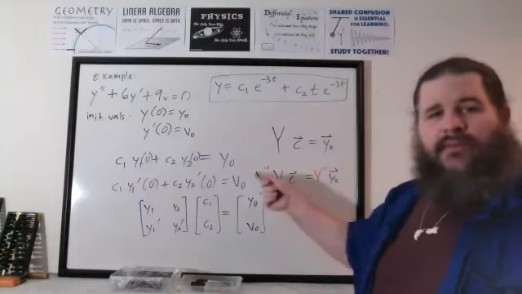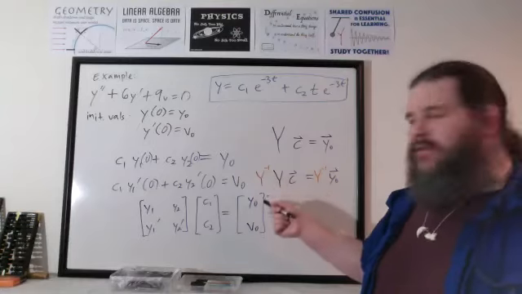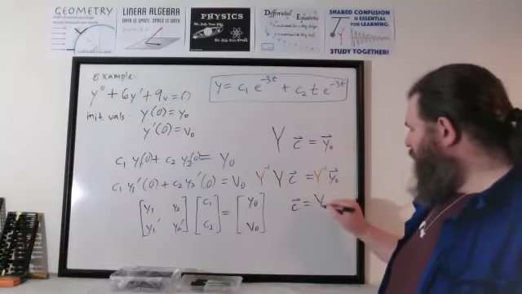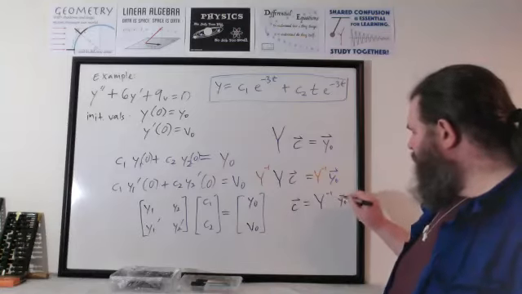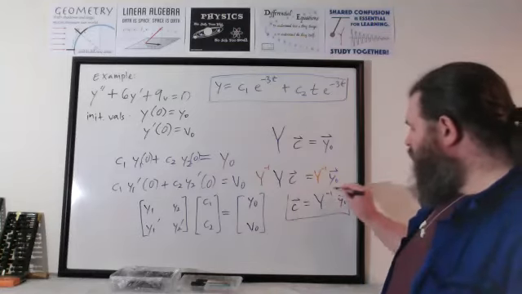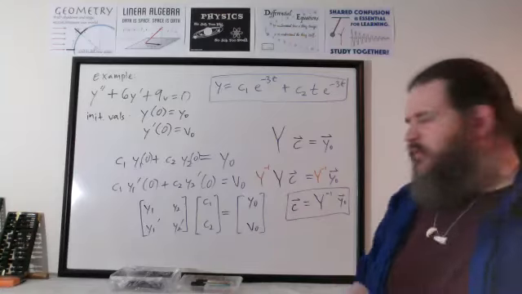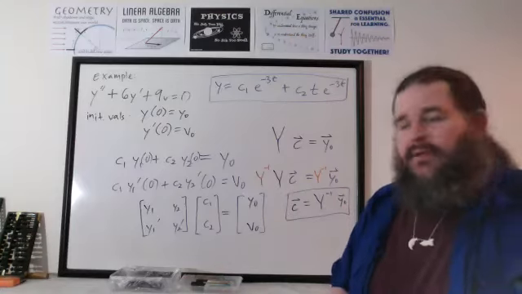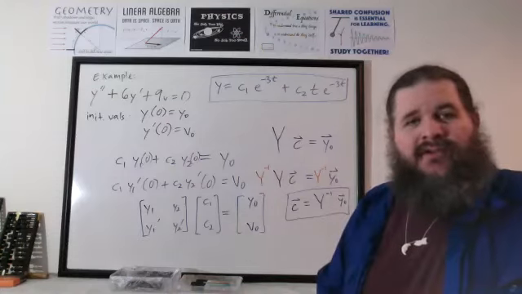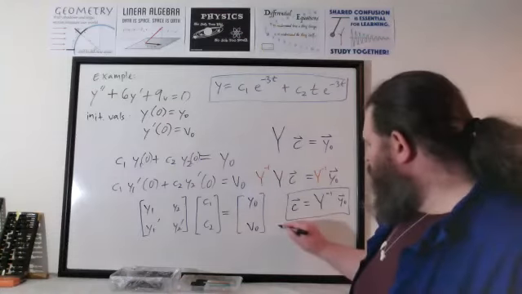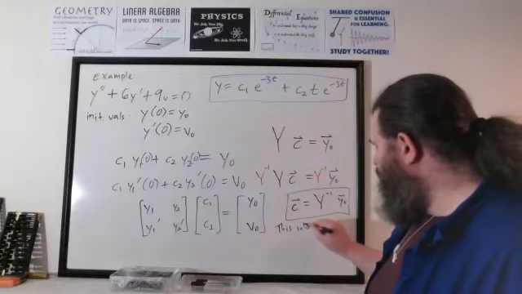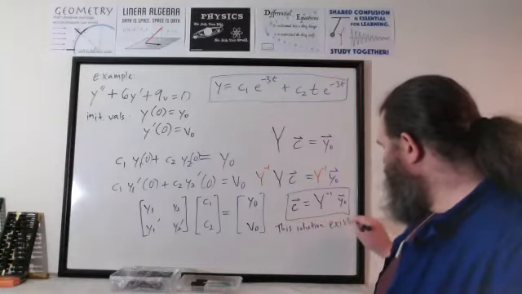Then on the left side, Y inverse times Y becomes the identity matrix, times C is just C, equals big Y inverse times y naught. Which means there will be a solution and only one solution, since there's only one result you can get from multiplying these together. However, that only works if big Y has an inverse in the first place. So this solution exists and is unique